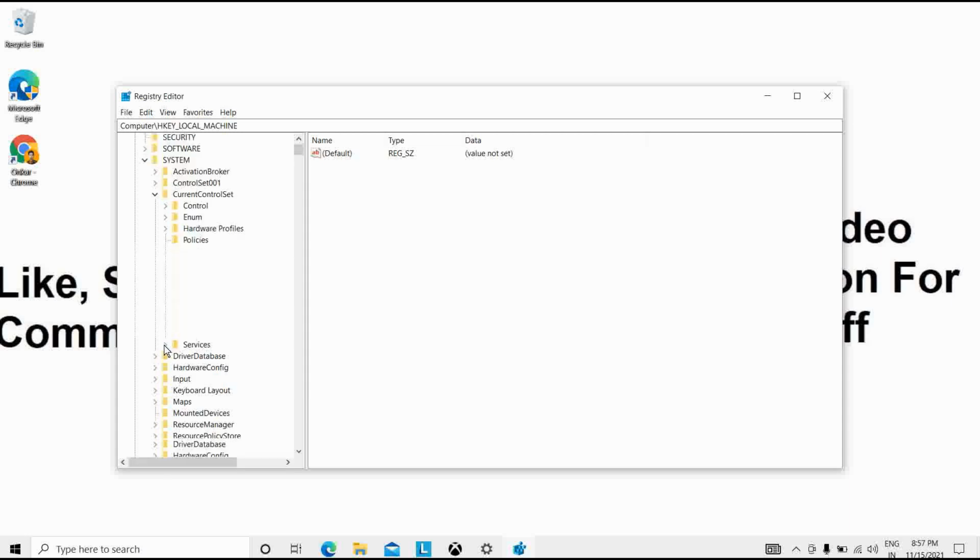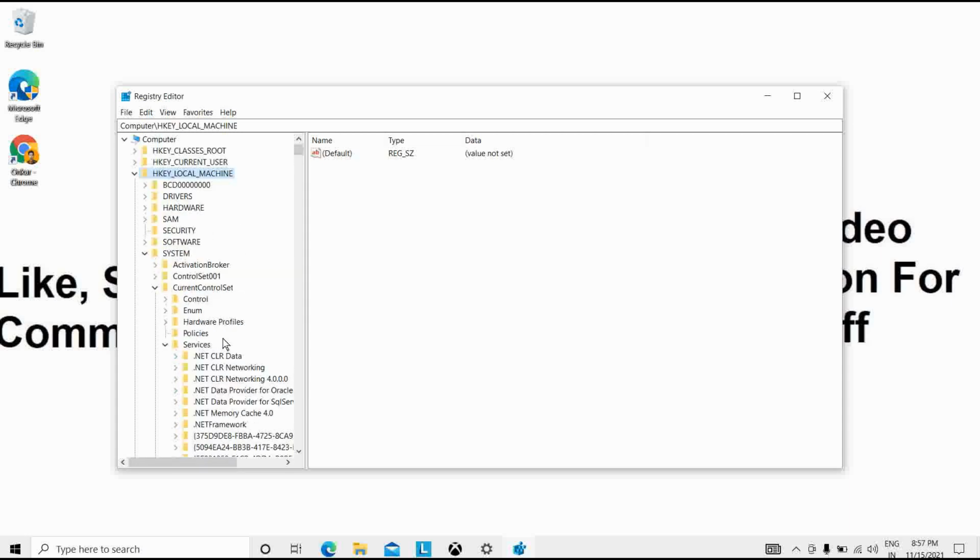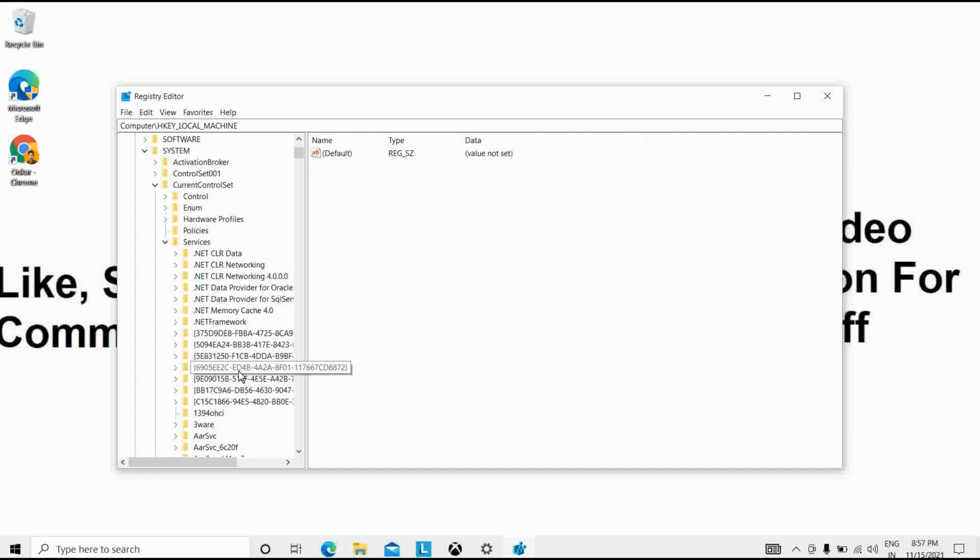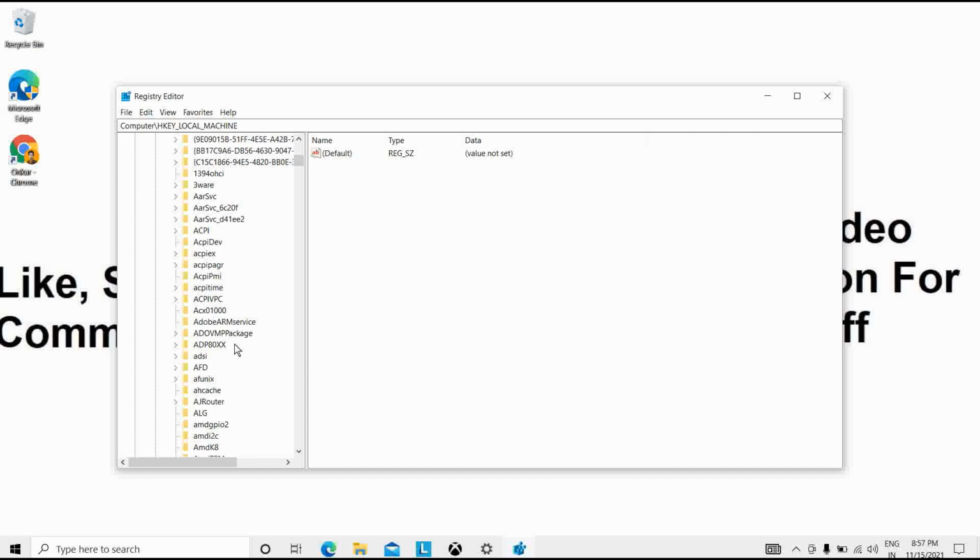After that I will choose Services. In this Services tab you can see, that is, secdrv.